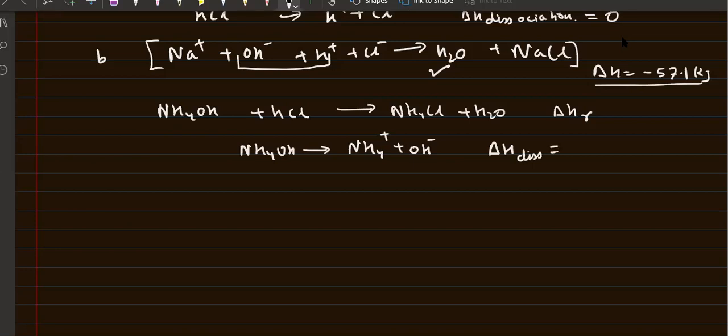Is this a strong base? No, right? So there must be some energy of neutralization, dissociation. There must be some, right? So let us rewrite it as X. Okay, now since it is